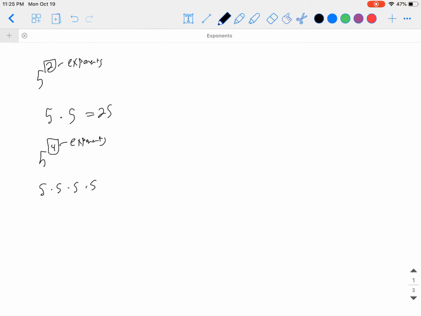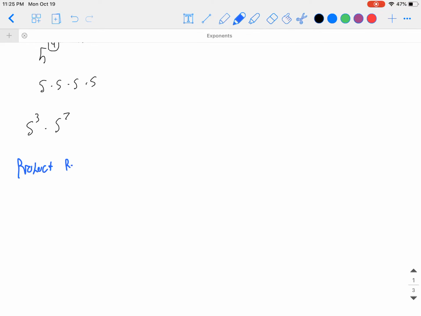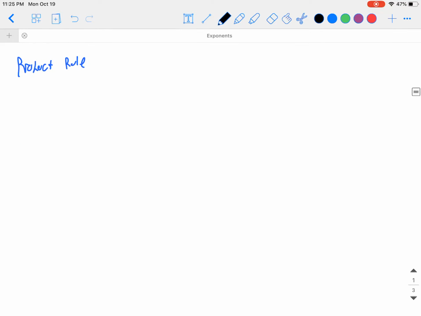But what if we have situations where we have multiple variables with exponents? For example, what if we had 5 cubed times 5 to the 7th? How do we find this expression? Well, thankfully for us, there's a formula that we can use that's called the product rule to solve expressions of this form. So, the product rule formula states that if a, b, and c are real numbers,